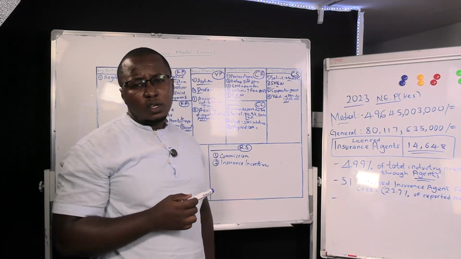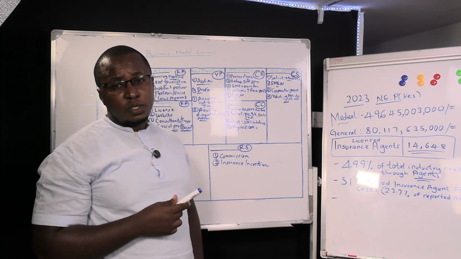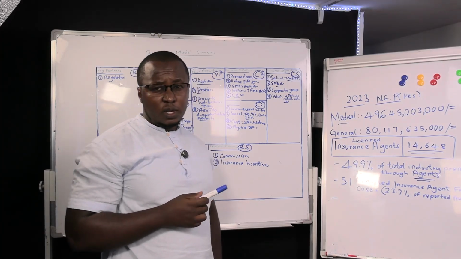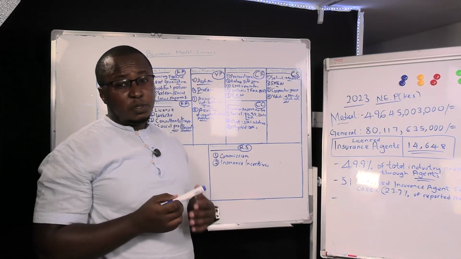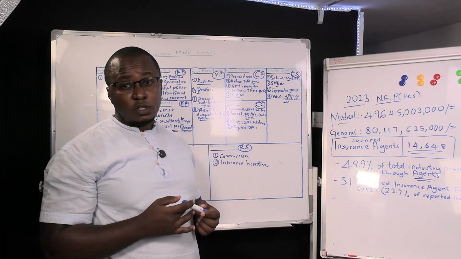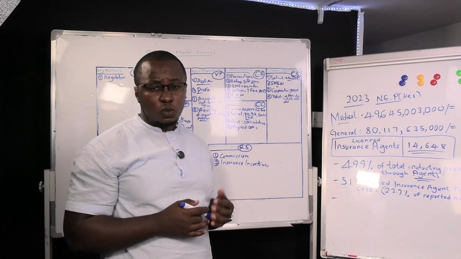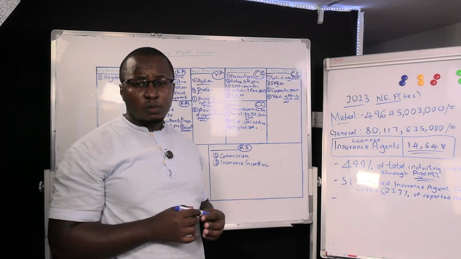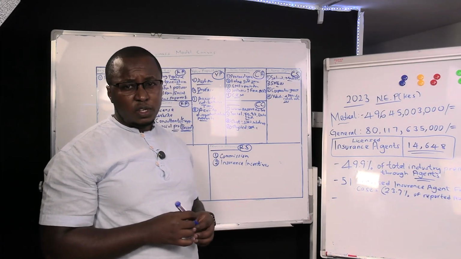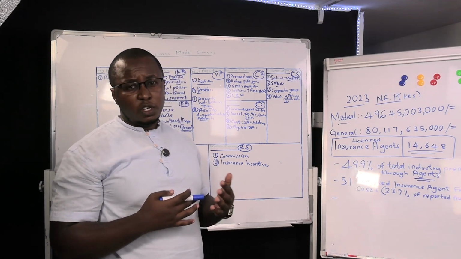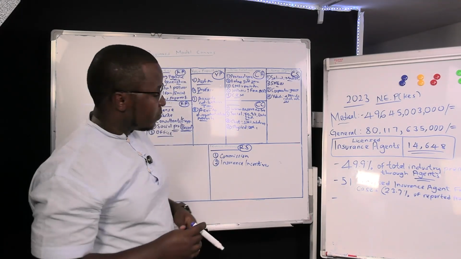Next, the regulator also comes in handy when it comes to follow-up of claims. You might find that you've placed business with a particular insurance company, however the company is frustrating you when it comes to claim settlement. So the regulator plays a key role in terms of handling complaints in relation to delayed claims or unfair practices by insurance companies.